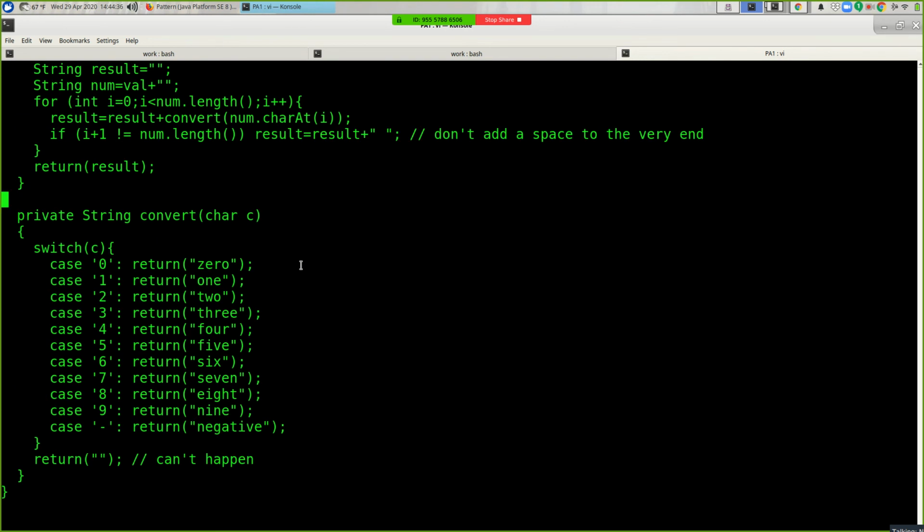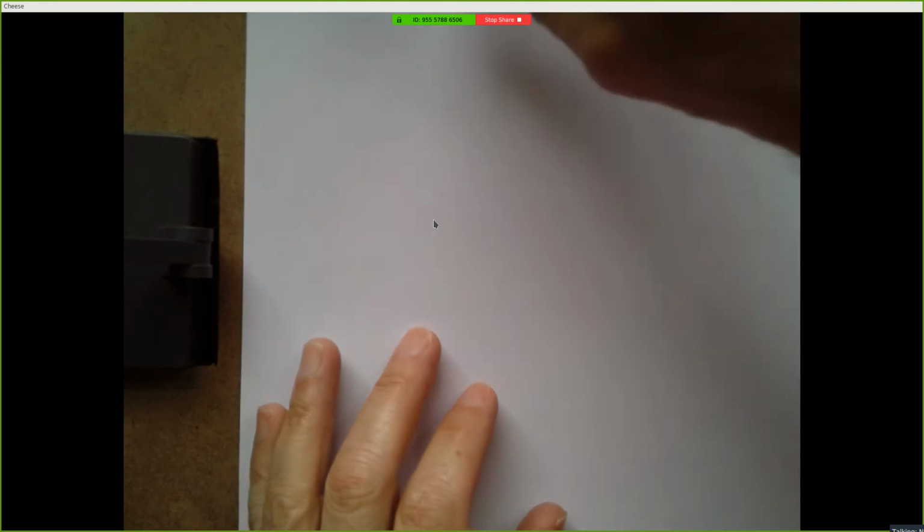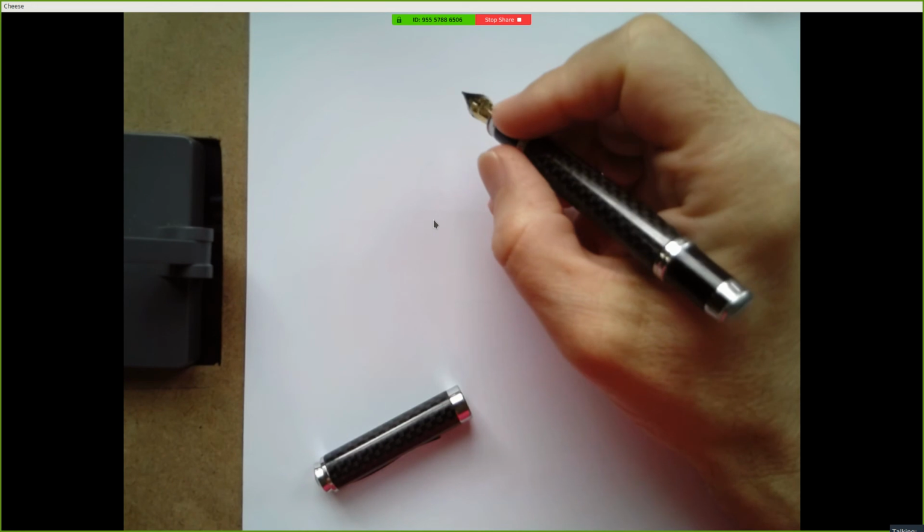All right, the other thing I wanted to mention was the toString method. So I suggested in class turning your integer into a string and then walking through it character by character. And a lot of people did that, but there's other ways to accomplish this. So what a number of people did was they took your number. Let's say you want to do the number